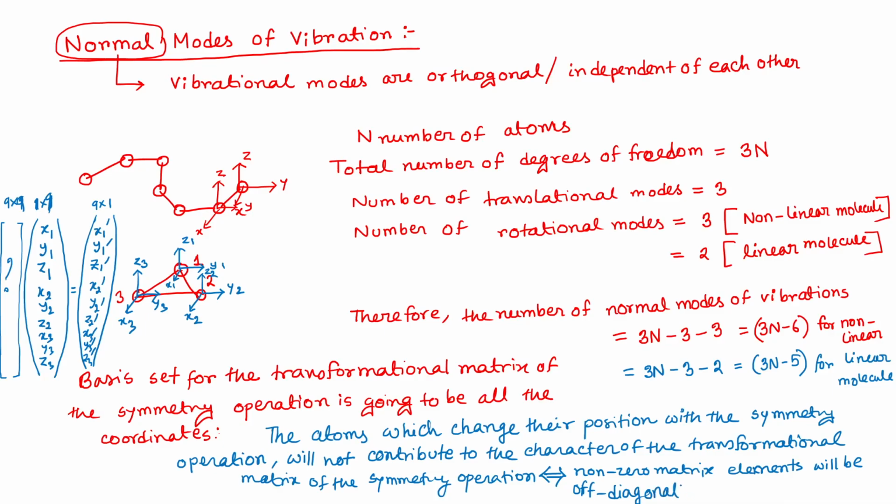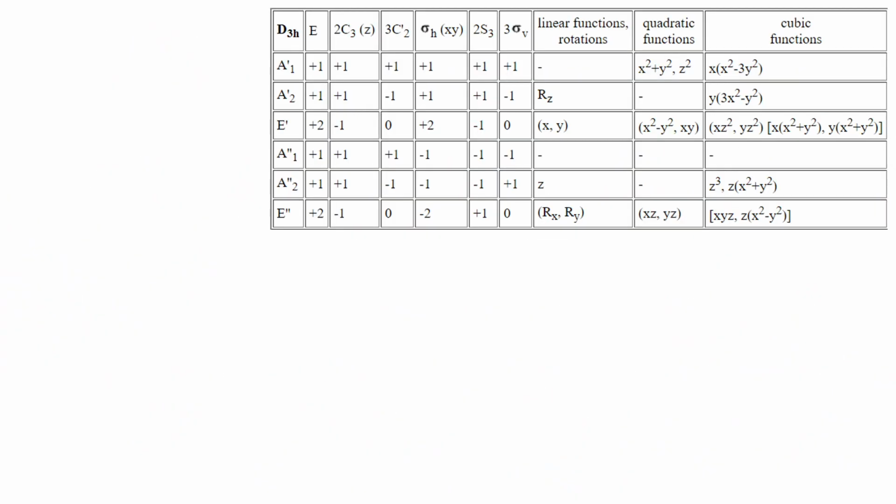So ultimately you need to focus on the atoms which are not changing their place, and get the character from there. Okay, so we will do that with the shortcut method that Professor Shah has shown, but the understanding is the same. Why are we working with the unmoved atoms? Because they are the only ones going to contribute to the characters, and those atoms which move have their non-zero matrix elements in the off-diagonal position, so they will not contribute to the character. So we will start with BF3,